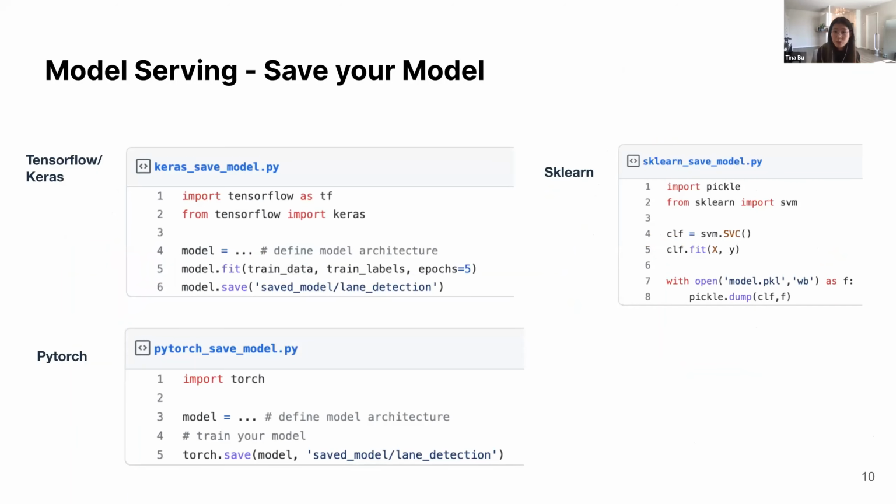So all ML frameworks have this model saving functionality. It's usually as simple as calling some model.save. If you learn ML in school, this is probably where you stop. You learn about how the models work. You train the model in a notebook. You know that you can save it somewhere locally, and you can load it later, maybe also in a notebook